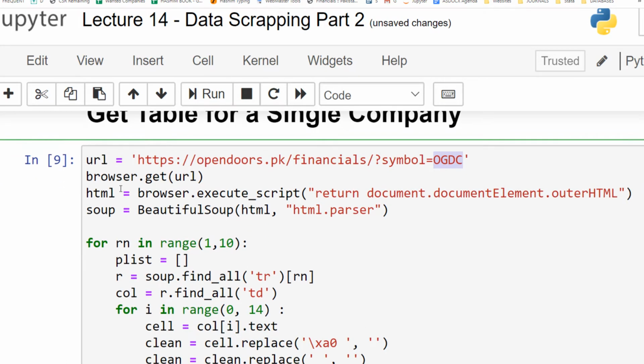Then browser.get(URL) will open this page, and from that page the browser will get the page, and from there we shall get all the outer HTML.